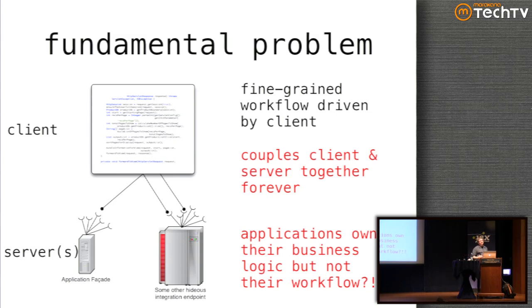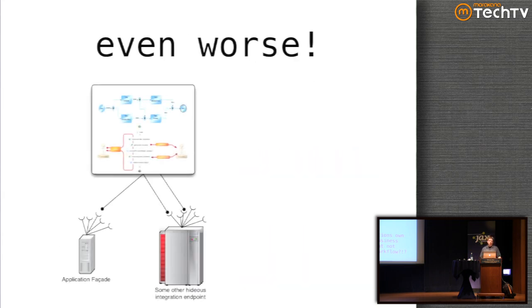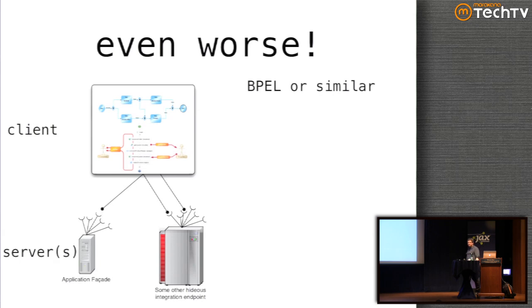What a lot of vendors have tried to do is look at this problem and say, oh, you know what, that's a big problem, we got a solution for you. And the solution is worse than the problem. Things like BPL and BPM, and basically any kind of cartoons to code kind of scenario where you're supposed to draw a picture and then it's supposed to vomit out a bunch of code that does work. These are really dangerous because they demo really great, and then you try to use them for a real problem and you end up with a giant hairball effect, which is there's so many lines intersecting that you can't get anything useful done with it.